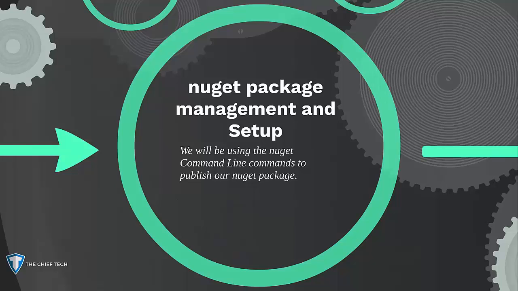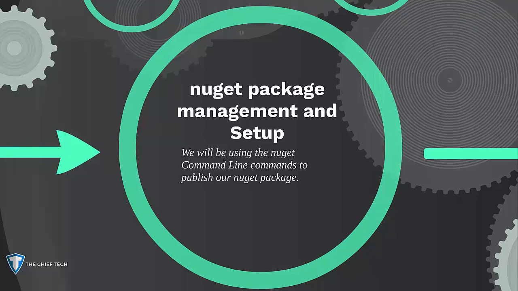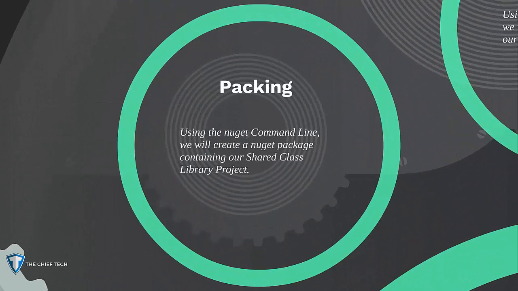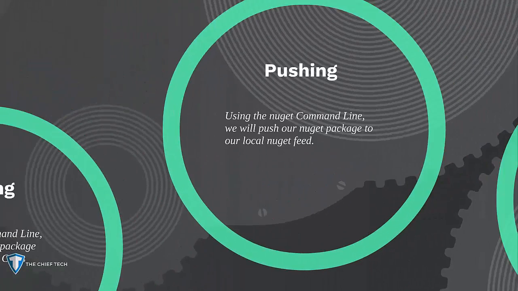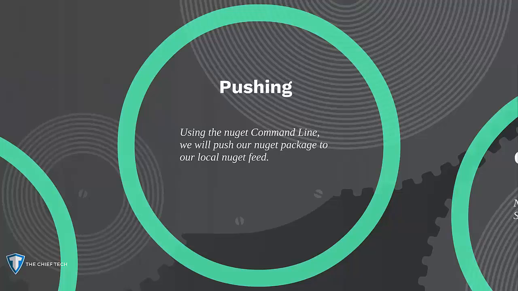We'll be using the command line tools initially, and later on we'll be refactoring this to automate the process. So the first command line command we're going to be looking at is the pack command, and we'll be using this to create a NuGet package from our shared class library project. We'll then look at the push command, which will take our package that was created and push it to our